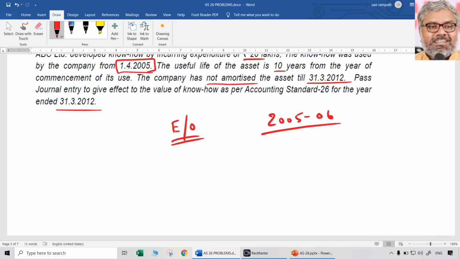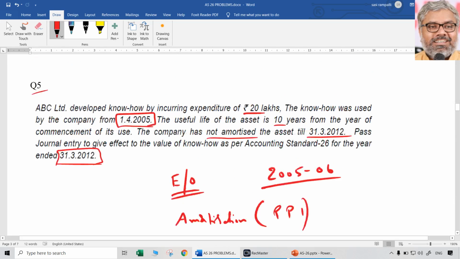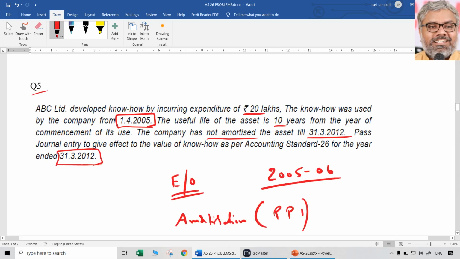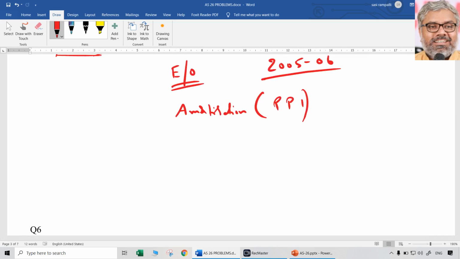But we are looking at the accounting for the year ending 31st March 2012. So that means 6 years they did a mistake. So what we can call this is now as amortization. That is prior period item, not current year amortization. That is for 6 years. So 6 years amortization will be how much? When you say 20 lakhs is the cost of the asset and 10 years is the life, if you take straight line basis, because there is no other option, 12 lakhs will be considered as a prior period item that will be debited now. But that is a prior period item, it should be disclosed separately.